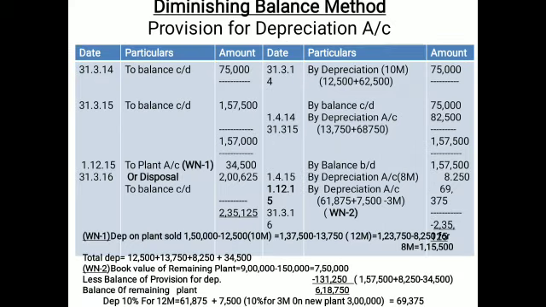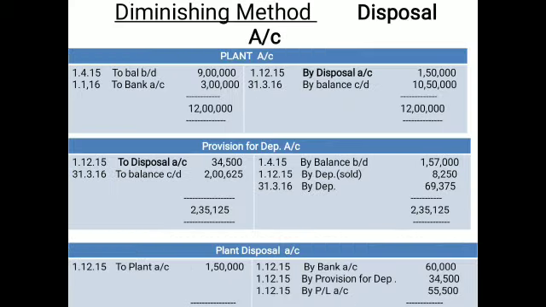Now I am taking the last year aspect to show you the disposal account. Now you may see I have forwarded the last year balance, the same balance 9 lakh to the plant, and the balance carried down, brought down 1,57,000, related with the provision. And now the disposal account is not coming as a balance. Now what do you have to see?